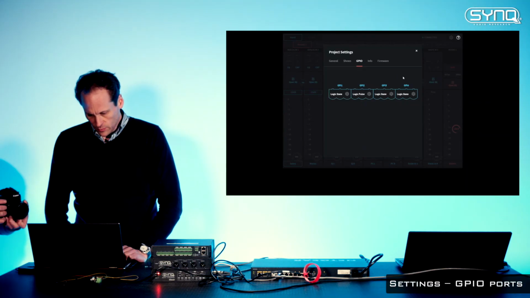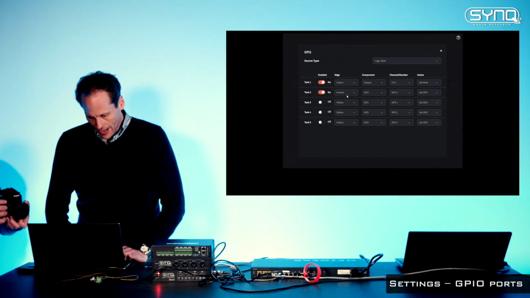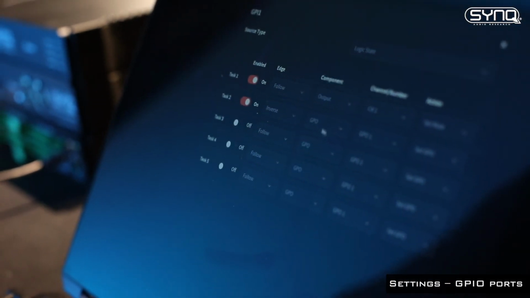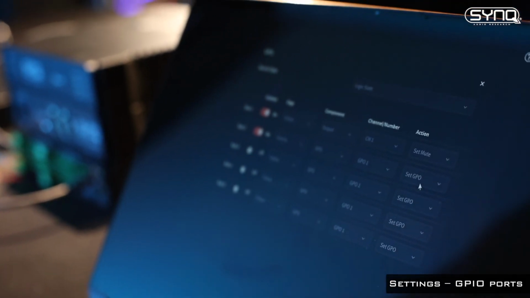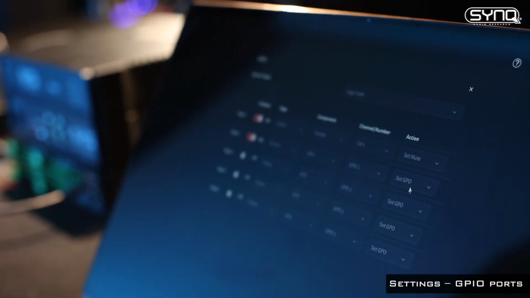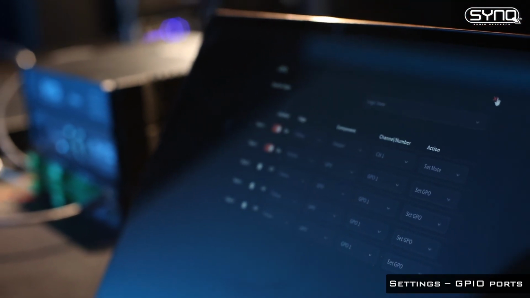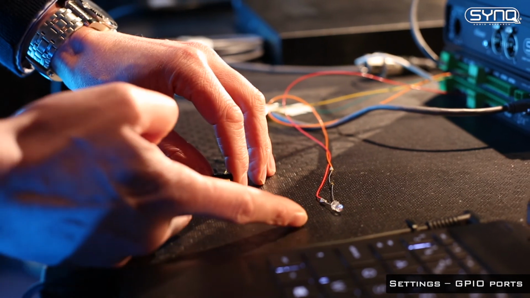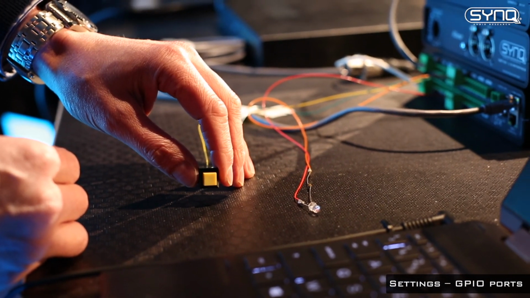So in combination with the button, we can actually set a second task, and this task will either follow or reverse the status of the button. So basically, it's an output, and we can set the output. So you can control an LED or electric screen, whatever you want. That's it. It's pretty simple. So let's go back to the page. So it's muted, and then we can unmute. And as you can see, the LED is turning off.